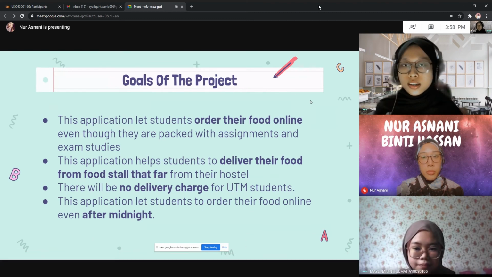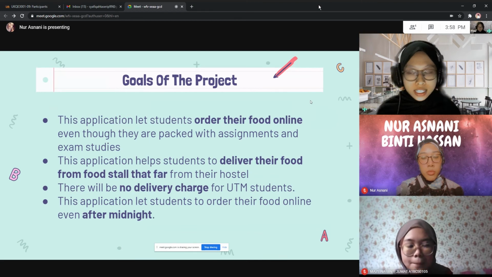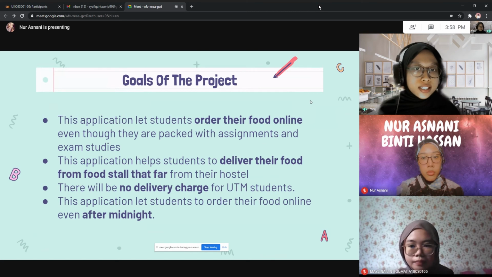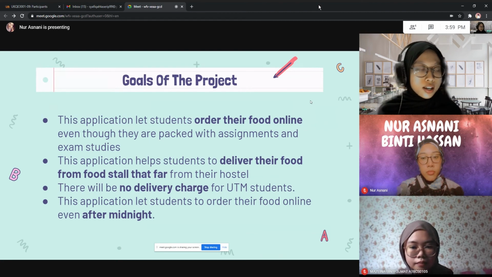Okay, next for the goals of our project. Firstly, this application lets all the students order their food online even though they are packed with assignments and exam studies. So the goal is to help all the students buy food online, even if they have no time to buy the food.